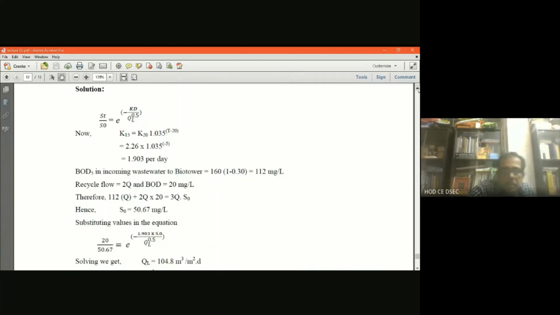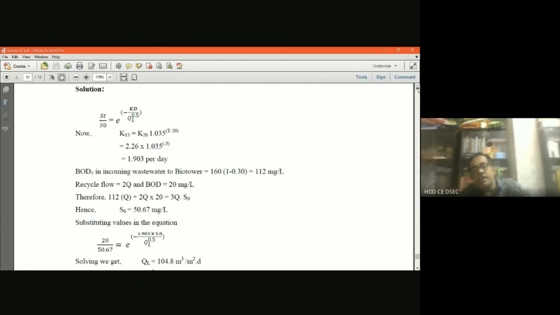So students, this trickling filter I have described today is specifically mentioned in your syllabus: the activated sludge process and the trickling filter, or the suspended growth and attached growth processes. These two classic methods in the biological reactor we have discussed in my 21st and 22nd lectures in wastewater treatment. But apart from that, there are many other aerobic biological treatments we will discuss in the next lecture, that is the 23rd lecture in the next class.